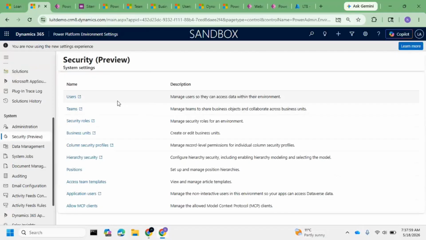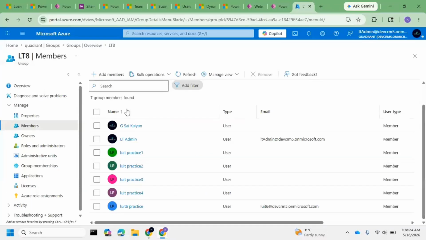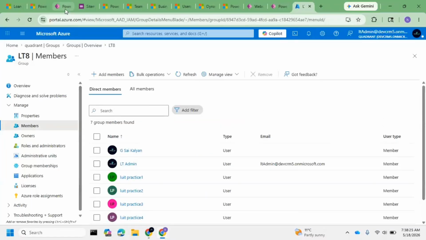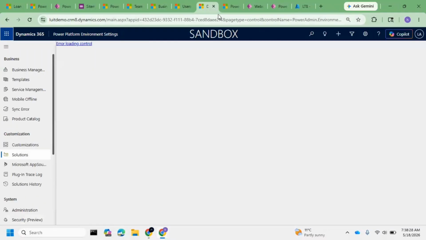So now we have seen users, security roles, business units, teams, right? Let's create a good example, we will create everything and work on it. So first thing, I want to onboard a new user. How do you onboard a new user? Just now we said, right? This is the security group I'm monitoring. If you go here,